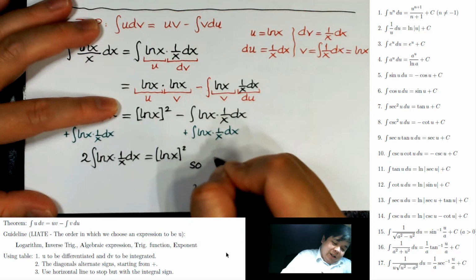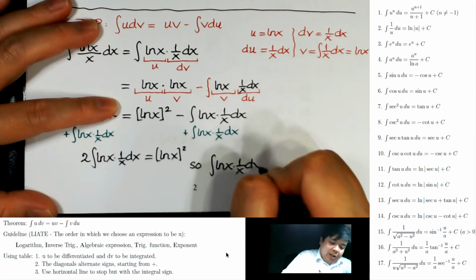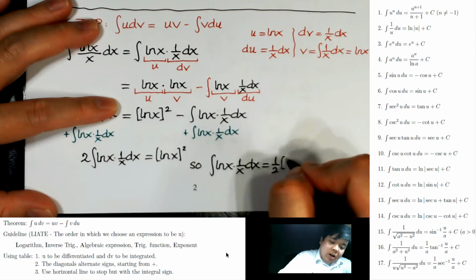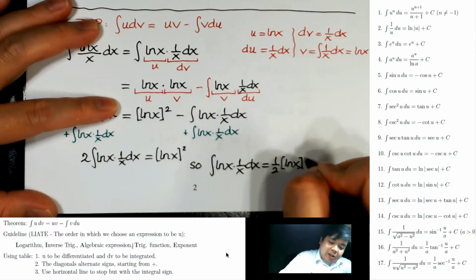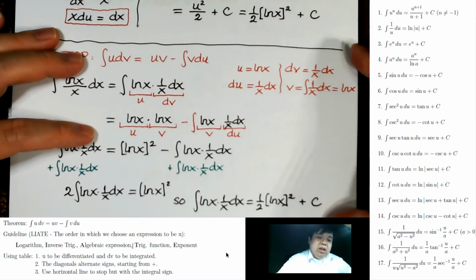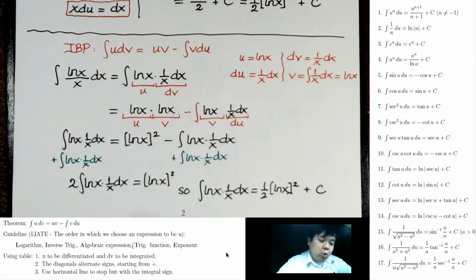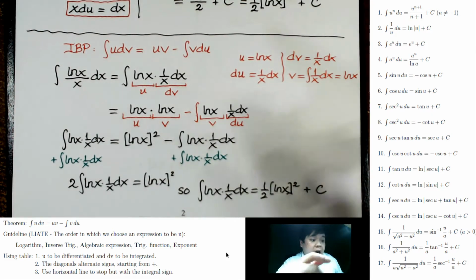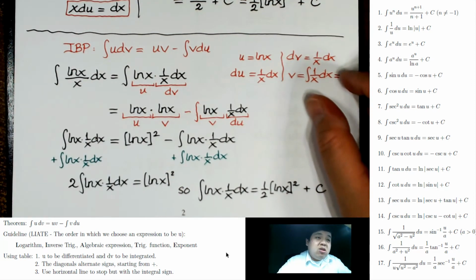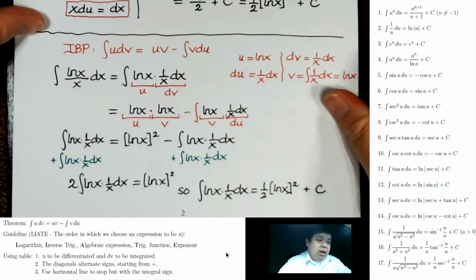So we have the integral of ln of x 1 over x dx equal to 1/2 ln of x squared. Divide by 2 on both sides, and then we can add the constant c, and we see the solution using substitution or integration by parts will be the same. Of course, with integration by parts we can also use the table, but not necessary in this case. Right, I'll go to the next one,